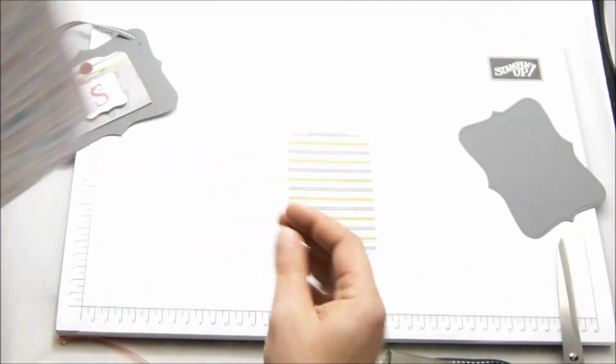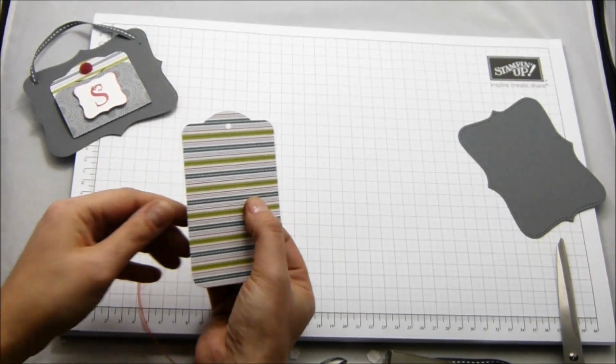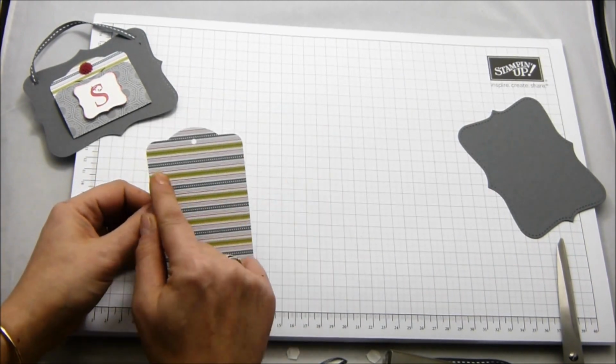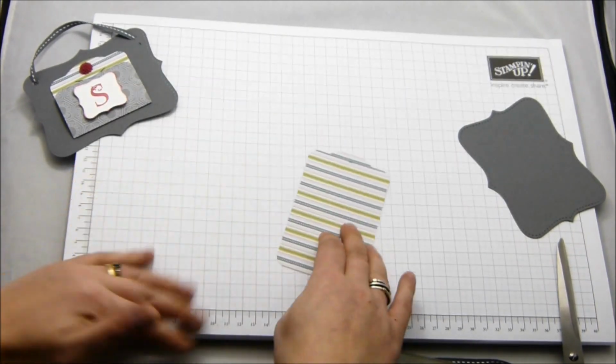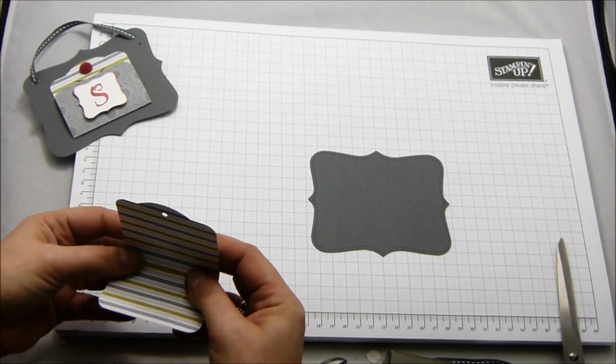And I'm using basic grey because it fits perfectly. It's the colour on that side, and it's the detail that runs through there as well. But I'm also going to be using Raspberry Ripple, which is the colour that's just popping through here. So if we put it all together, it's really, really simple to do. Fold up